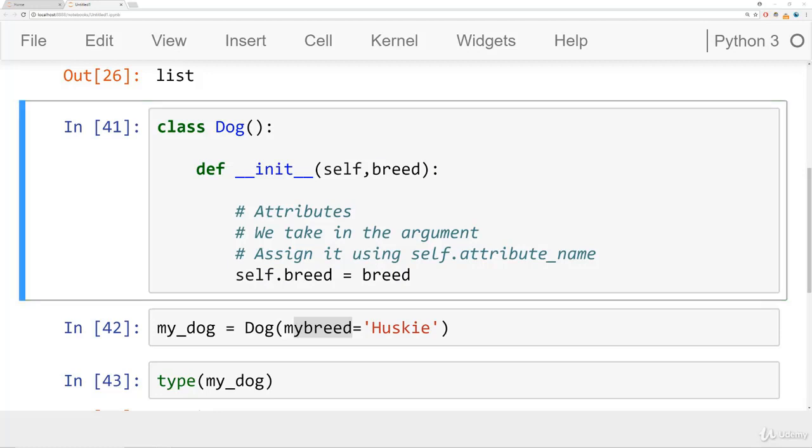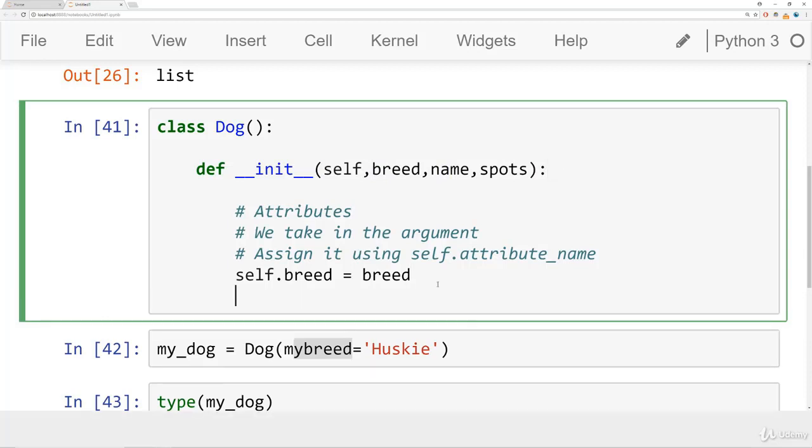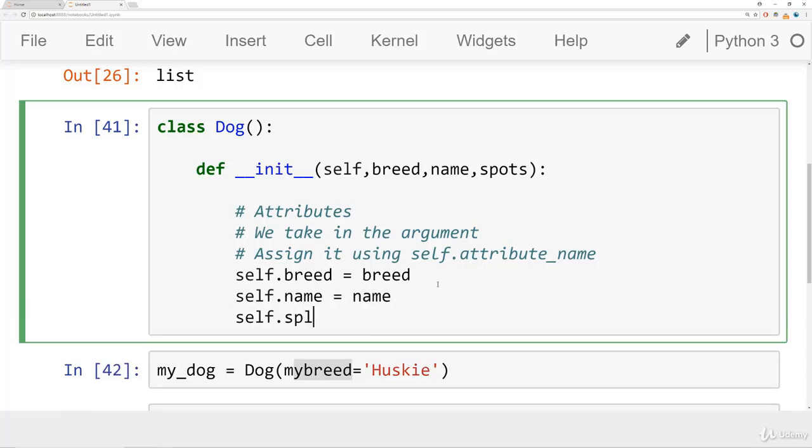So right now, our dog only has a breed, but let's go ahead and give it more attributes. So what else could a dog have? Well, a dog could have a name. And maybe we can say, does the dog have spots or not? So we have a breed, name, and spots. So here we just say, create some more attributes. Self.name of the dog is equal to whatever name you pass in, and self.spots is equal to whatever you pass